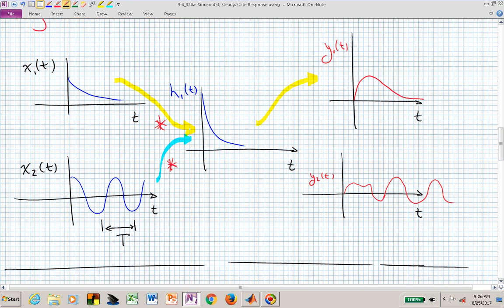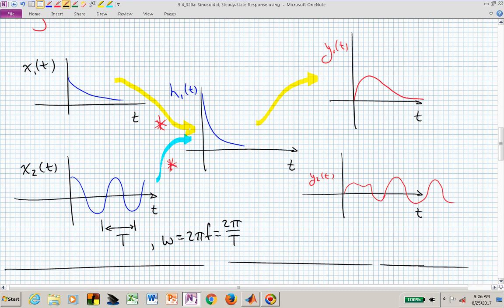There is our period, and we know the period is related to the frequency of oscillation either in hertz or in radians per second. We know that omega is 2 pi f, and f is 1 over T,